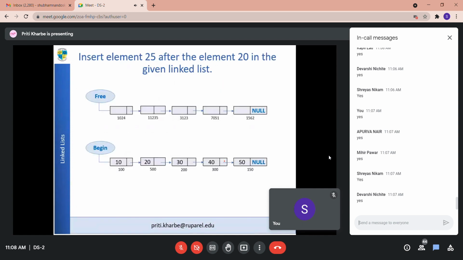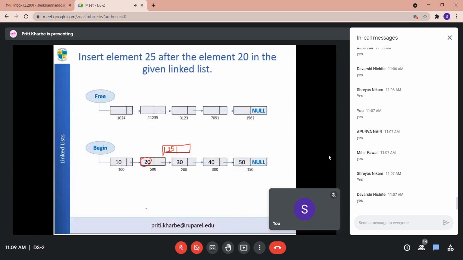Now suppose I want to insert the element 25 after the element 20 in the given linked list. After this element 20, I have to insert one more element here, 25, so something like this. Followed? So first of all, my first step is to go to the free storage list and bring one free node.